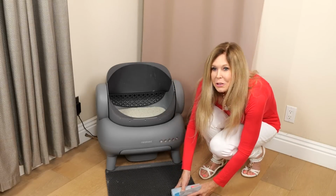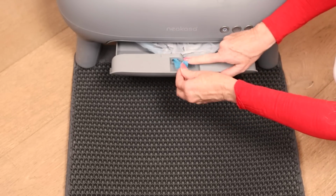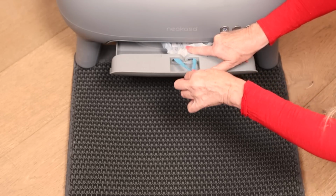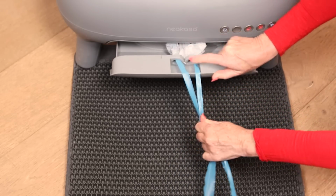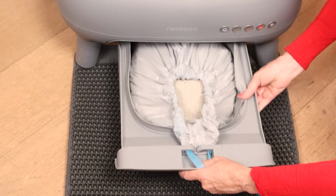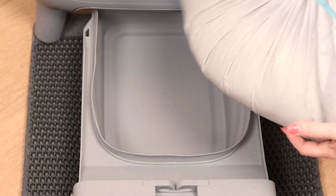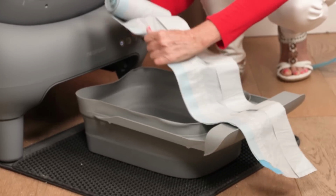And cleaning the box is really easy. You just open the bottom tray and then check out the way that they've designed it, that I can pull, not even looking at what's in it, and close it by pulling on the side of the trash bag, all that blue, which is the handle, because inside it is gathering the edges of it. So when I pull it out to take it out, it's all wrapped up in a nice little package, and I don't even have to see what the heck the cat was doing for the time it was using the box. And then just replace your bag,